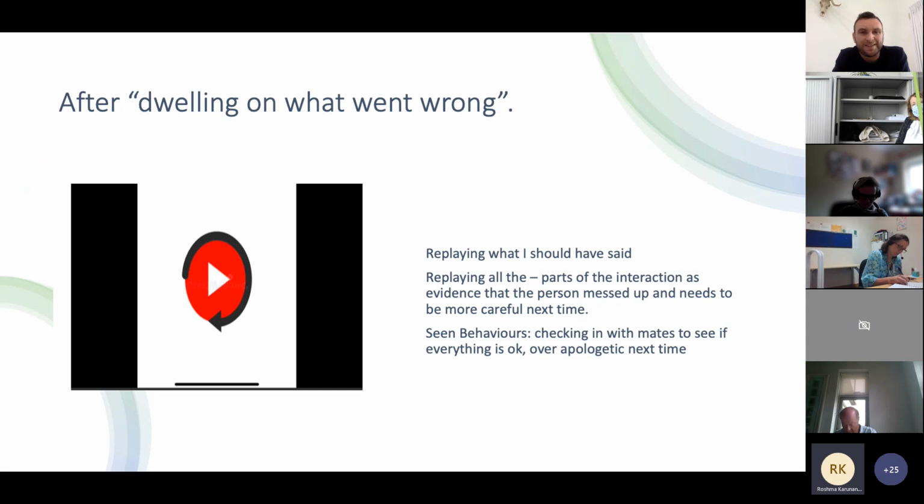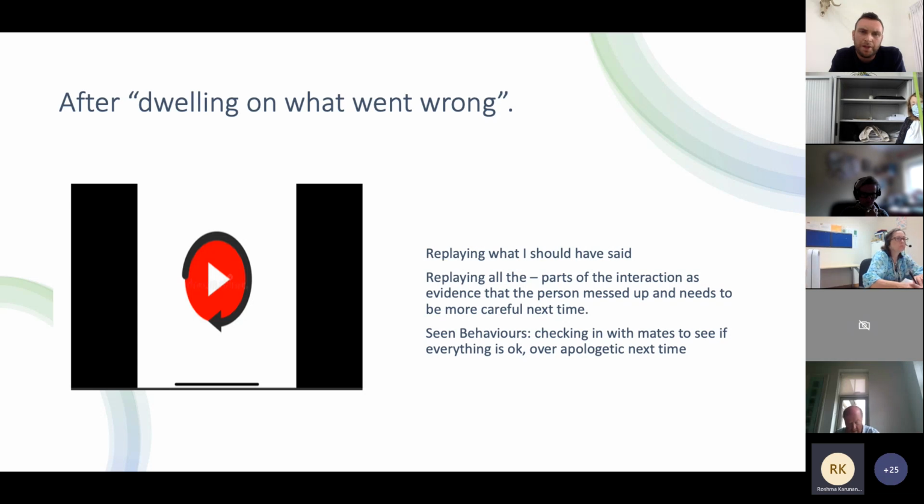So in this stage, the person has left the conversation, but their mind hasn't left the conversation. And what they tend to do is replay things which they should or could have said, okay? And this can last for a few minutes, or it can last for days, and it's always the negative. It's always the stuff that they should or shouldn't have done. It's never on the more positive aspects of how the conversation went.